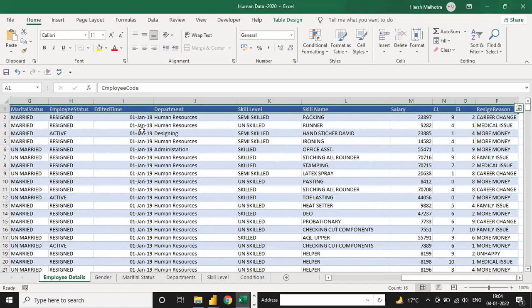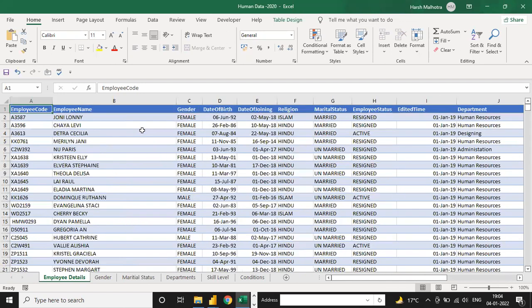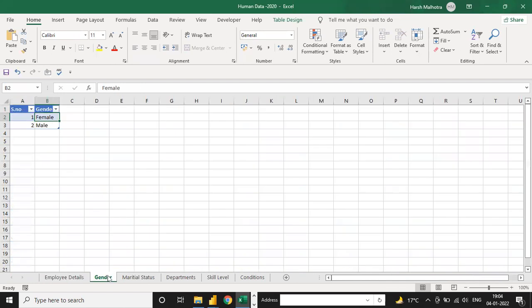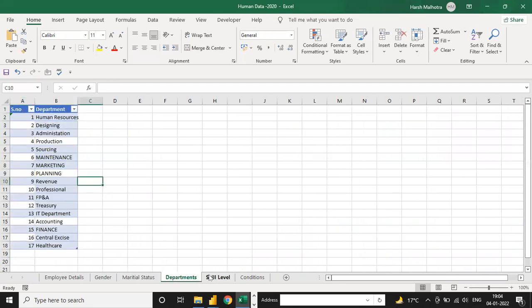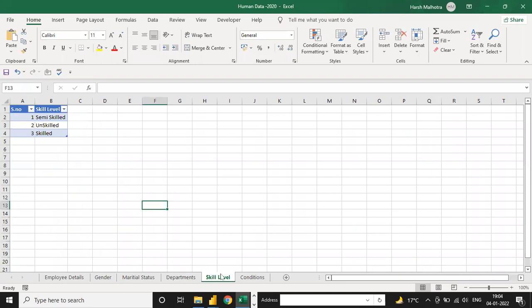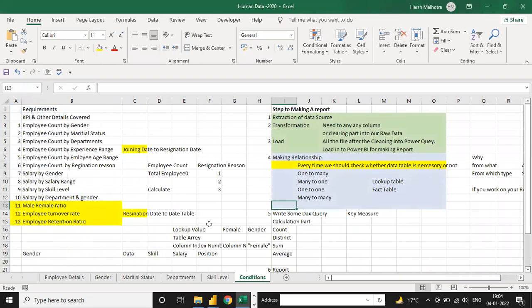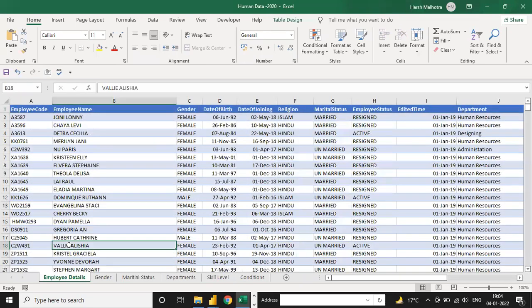One by one we have 5 tables: gender table, marital status, department, skill level. These are a total of 5 tables. This is a separate thing, condition. I will tell you later what conditions you have.